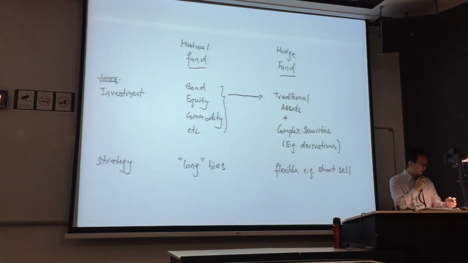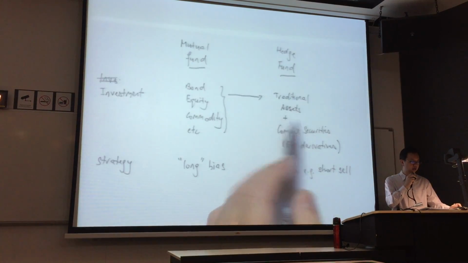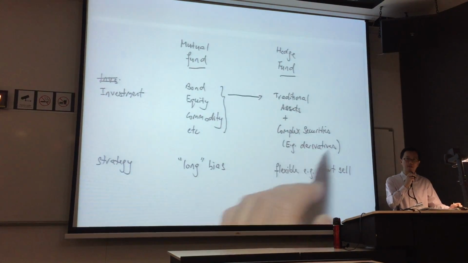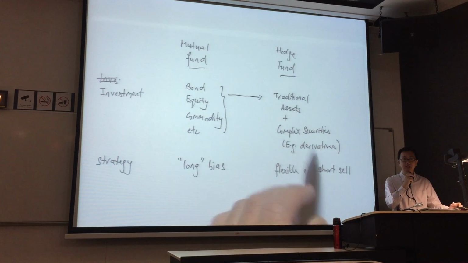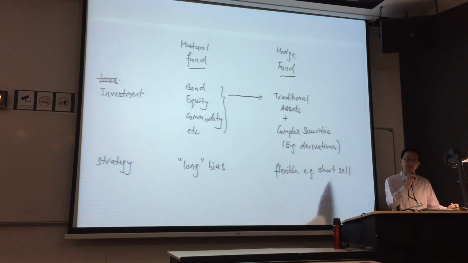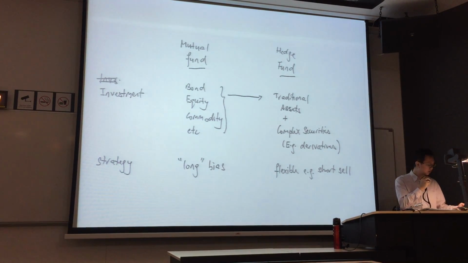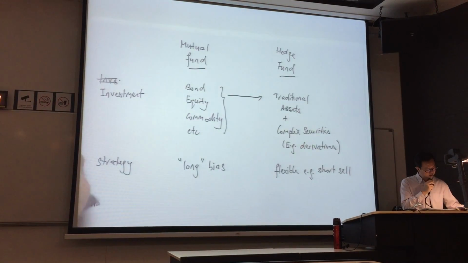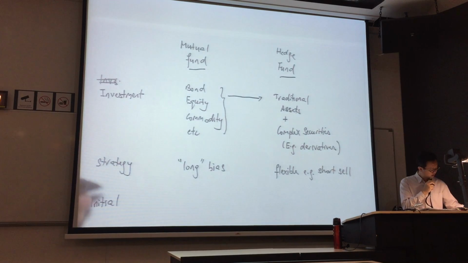So because the investment could be in complex security where it's high risk, illiquid, and the type of strategy they're using could be flexible, highly risky, such as short selling. So when we talk about the initial capital, or initial investment amount,